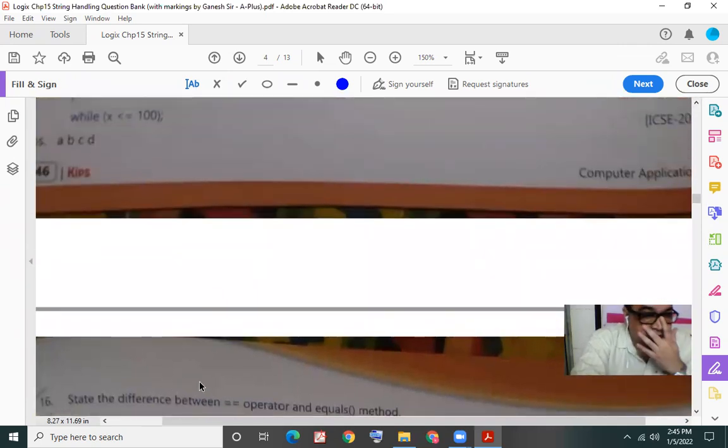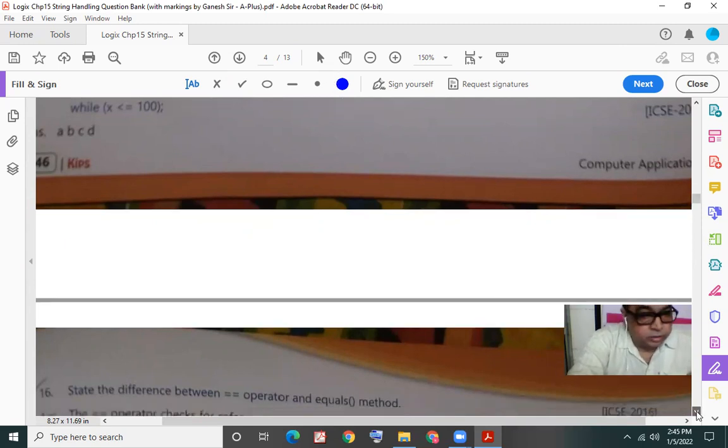Next question: state the difference between double equal to and the equals method. Now, I will just read the answer.